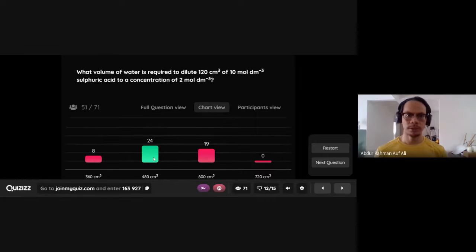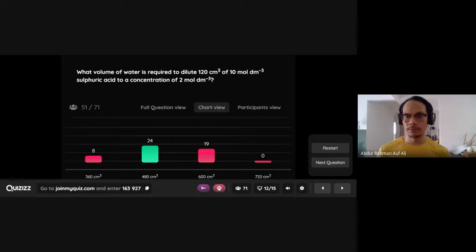So kenapa 480 kat sini? Oh, stress. Why many of you jawab 480 and sini the set betul? We're going to dilute 1 to... oh. So this is correct. 600 is the answer. Okay, sorry, sini ada silap lagi, error. Kalau this is a graded assessment, this will be a bonus question. Tapi saya tak faham kenapa ramai jawab 480.